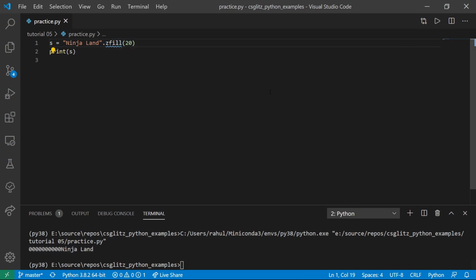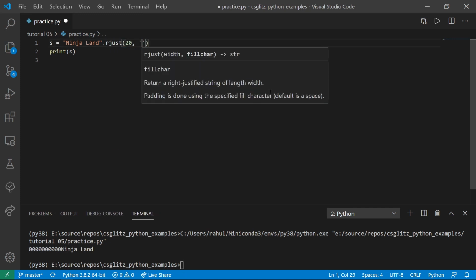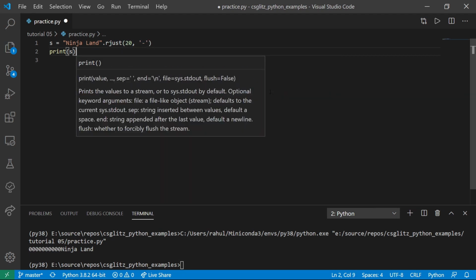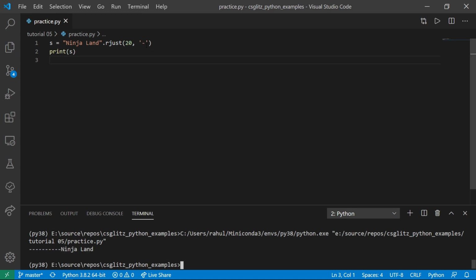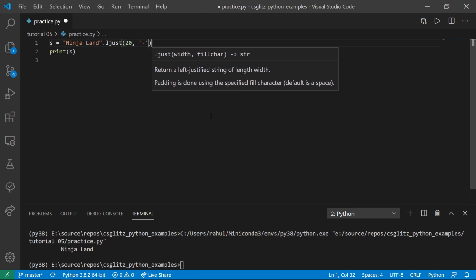If we want to use a character other than 0, then we can just use the rjust method. By default, it will take spaces. Similarly, if you want to right fill any character, then we can just use ljust.